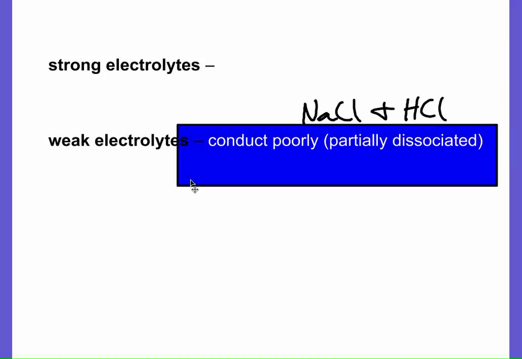whereas weak electrolytes are going to conduct poorly. They're partially dissociated. Some things are not necessarily going to dissolve easily or will not dissociate completely. So if you have an ionic compound that's not very soluble, like the ones we've been talking about, right, a little bit of any ionic compound is going to dissolve technically, is going to dissociate technically. But when they say that it's insoluble,